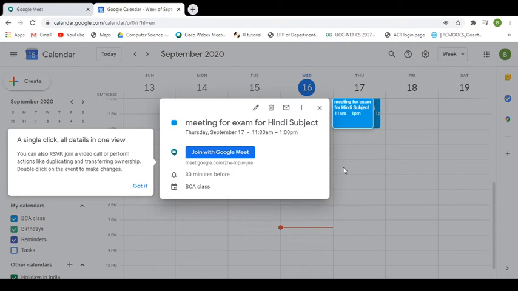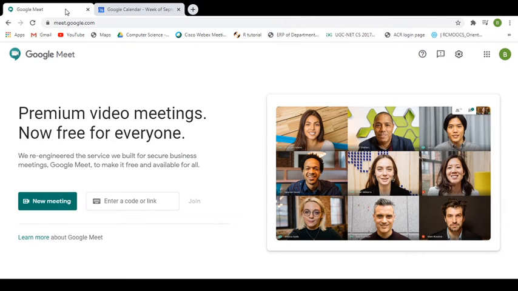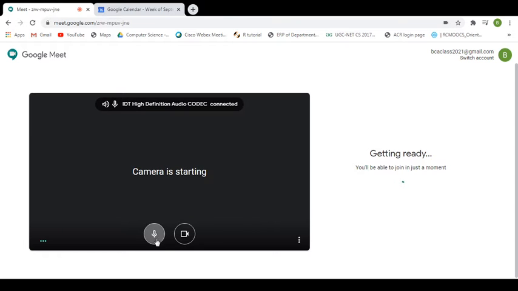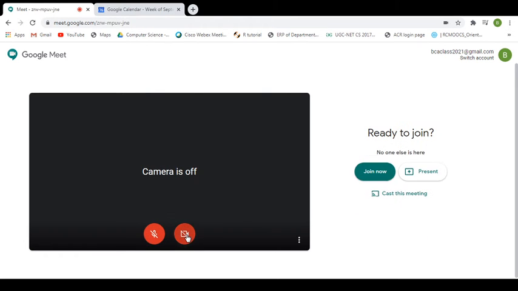So before this is your calendar. Now I'll come to the student part. Suppose they want to join, so they will just put this code and they will start joining. While joining, the camera and mic will be on. You have to ask students to keep their camera and microphone on when they pronounce their roll number. But for the invigilator, they have the choice.